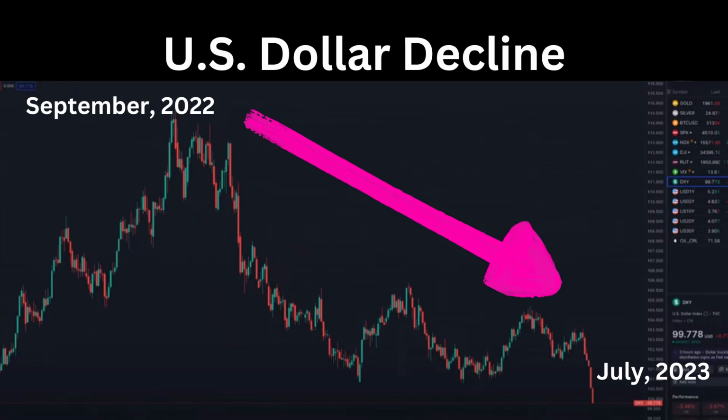All right, let's take a little closer look. This is the 1-year chart, and you can see that the high was put in back in September of 2022, and this is where we are today in July. There are all sorts of negative patterns in here that I can point out to you, but let's move on.